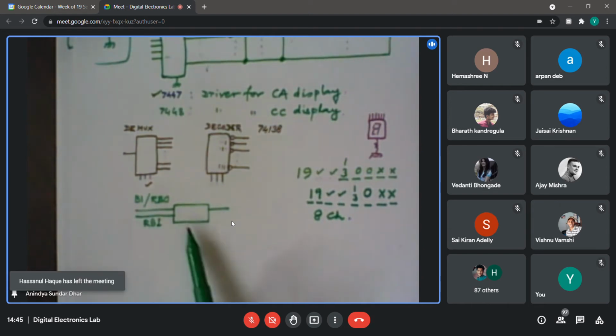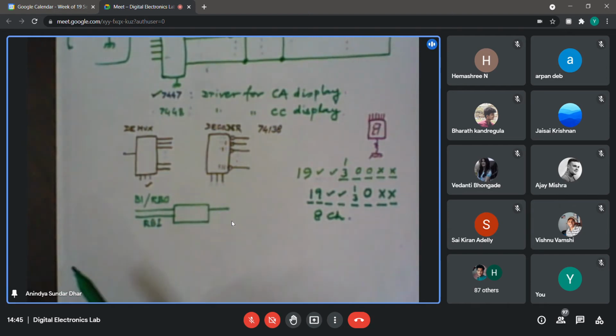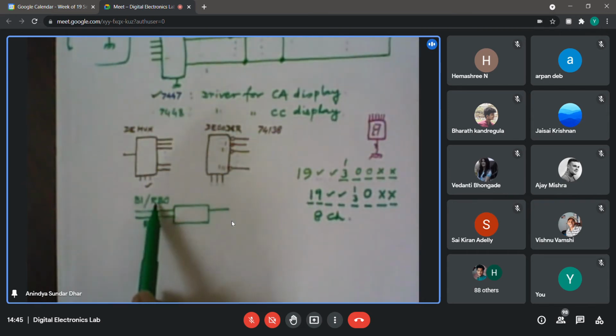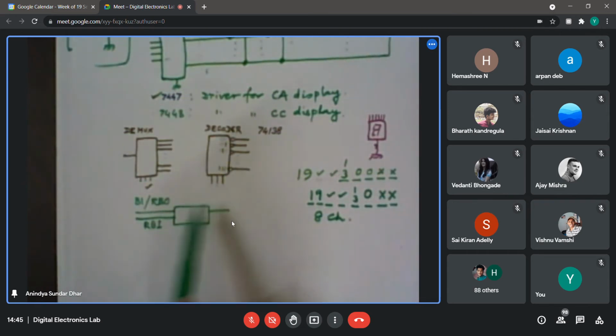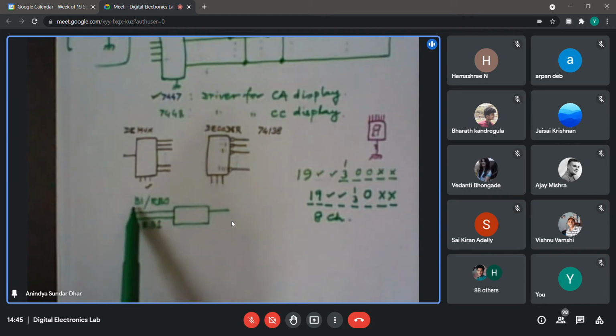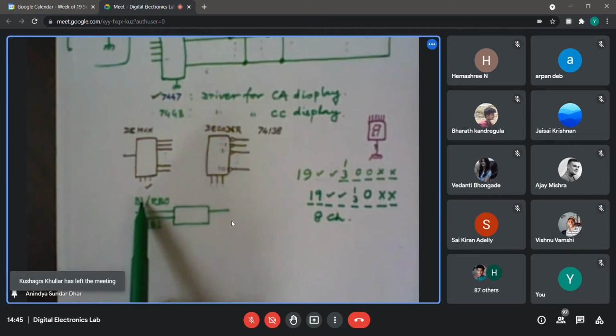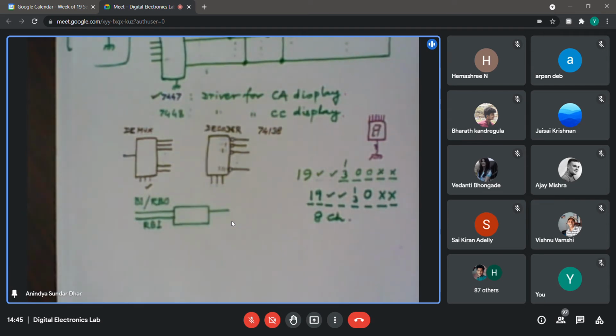Only if the input is 0 and it is also getting a signal from its neighbor that on the left-hand side everything is 0, then only it will blank itself out, otherwise it will not. So that is conditional, particular to the input of 0. Whereas RBO is meant for giving information to the next digit that I have blanked out or not, so in case you are also 0, you may blank out. But this can also be used as an input. Perhaps we mentioned that if you connect it to the ground, then unconditionally it will blank out whatever the input, whether it is 0, 1, 2 or whatever.